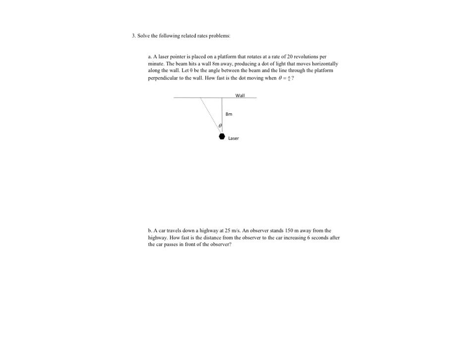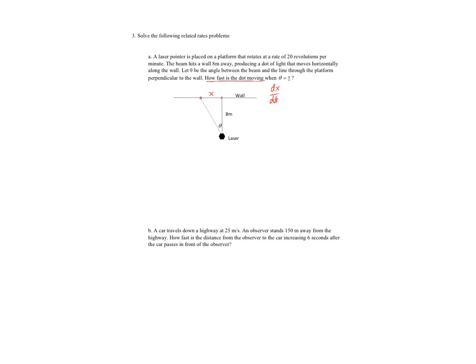So the dot is right here. This is the red dot of the laser beam. What we want to figure out is how this distance x, which is from the laser beam to this perpendicular, is changing with respect to time. So how fast the dot is moving means we want to find dx dt. And we're given some information about theta. It gives us a value for theta, and we know that